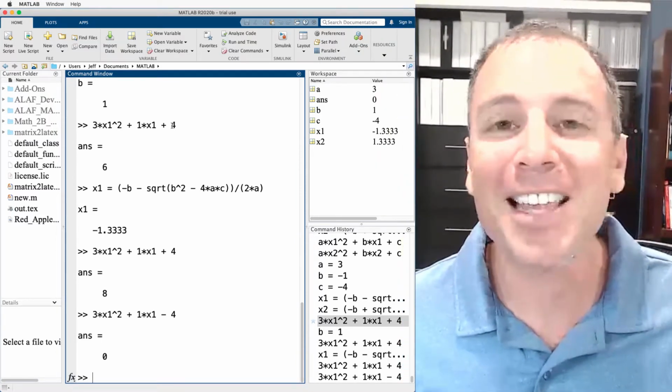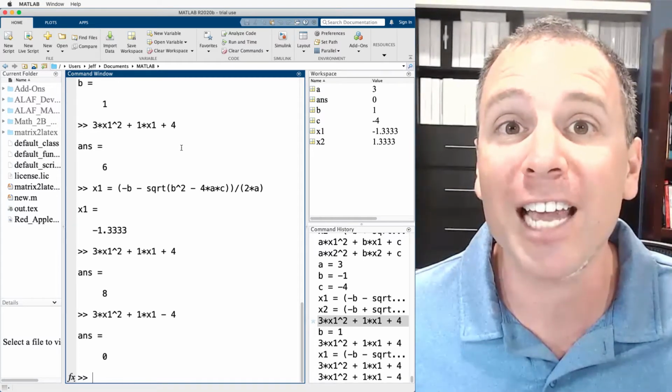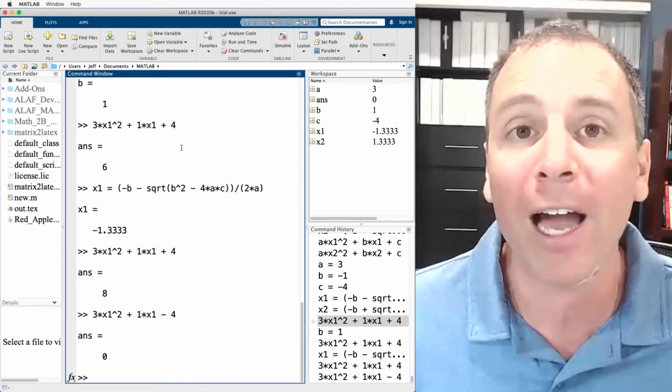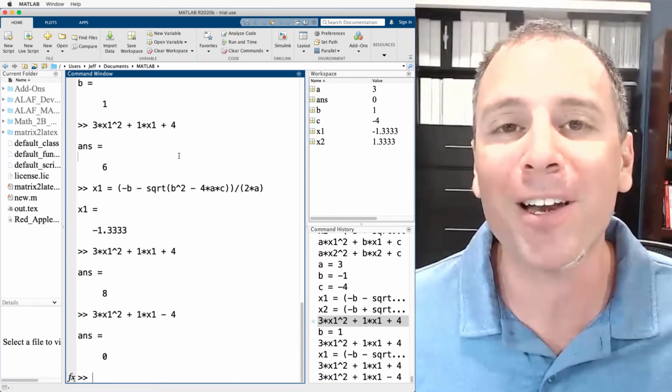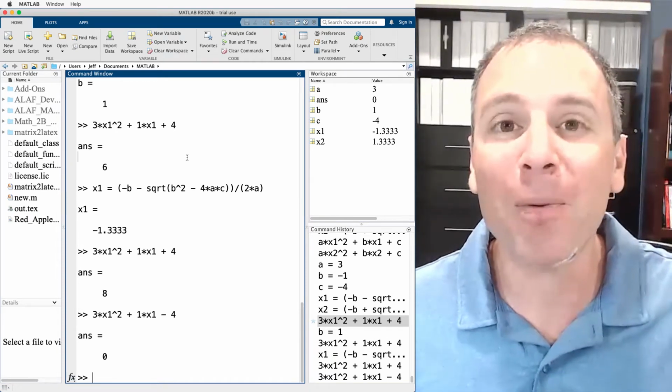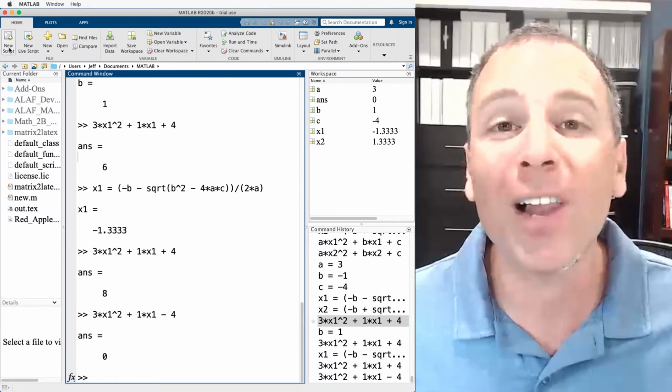Another way to say this is that the command window is not really designed for larger programming projects. It's more designed for back of the envelope calculations and to put us in command of many other operations that we might want to do in MATLAB. One alternative approach to deal with some of the weaknesses of the command window is to make what we call a script file.